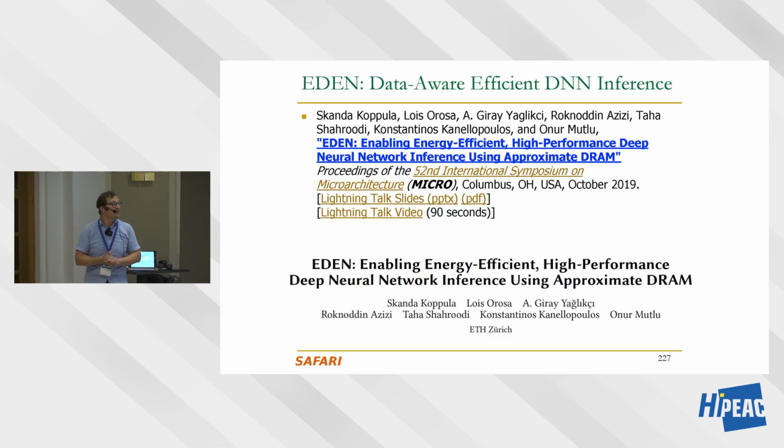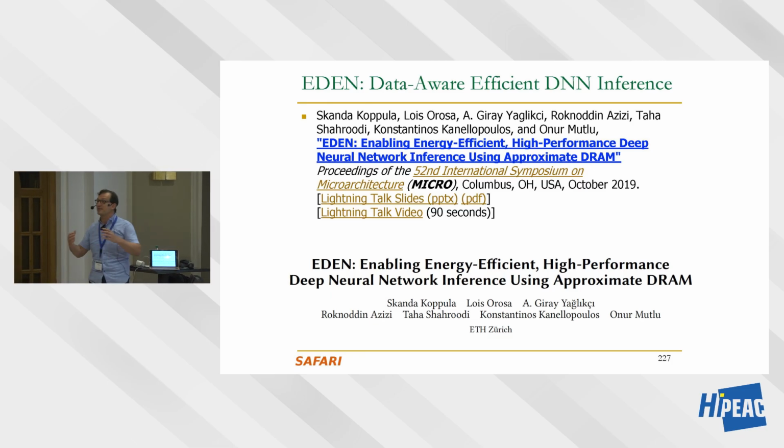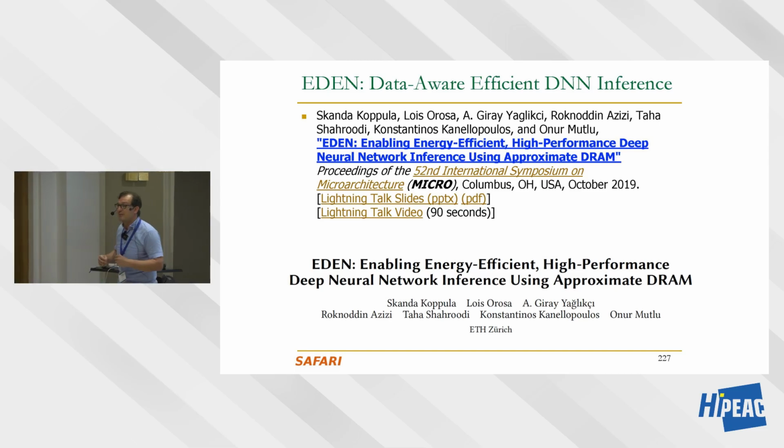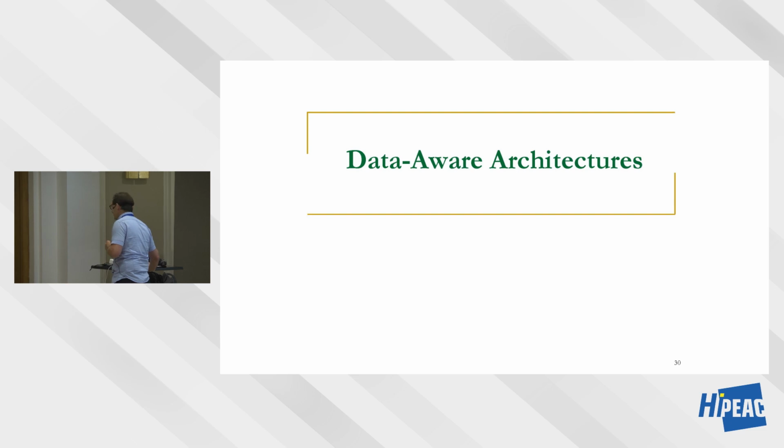And again, this is the paper. I wanted to give this to you as an example because it's another example of heterogeneous memory that could be used to accelerate machine learning. While accelerating it, you also make it more energy efficient. Okay. Any questions? Yes? I have a small question.